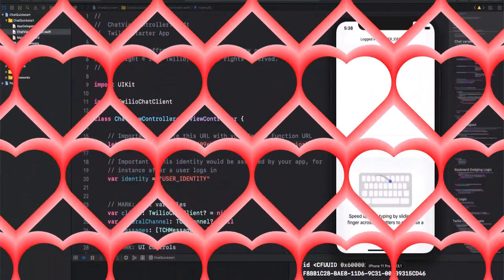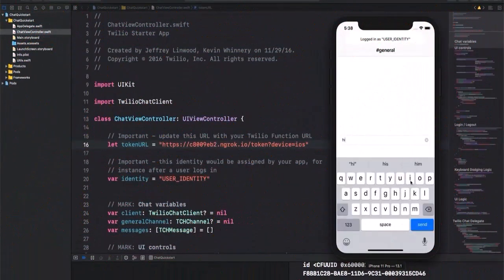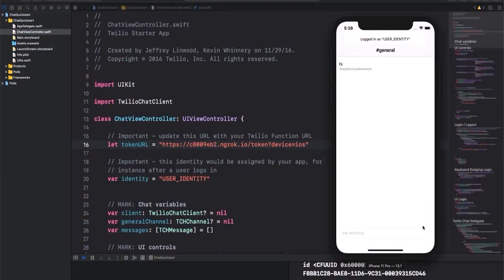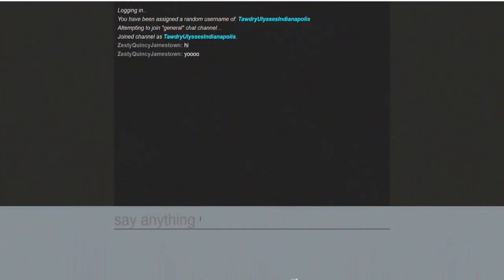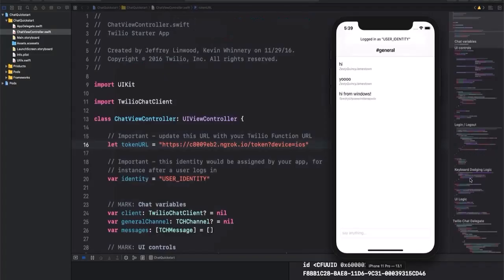Once that runs, we can say hi to our chat application running over on Windows. I'll say hi and yo, why not? Once we've sent a few messages, we can head back over to our browser to see that those messages have been sent over to Windows, and then we can say hi from Windows just as we did before in our Android application, and when we head back over to the iOS application, we'll see that that message appears on our